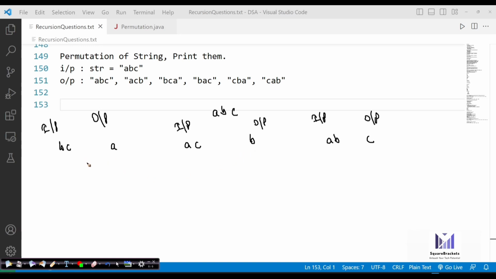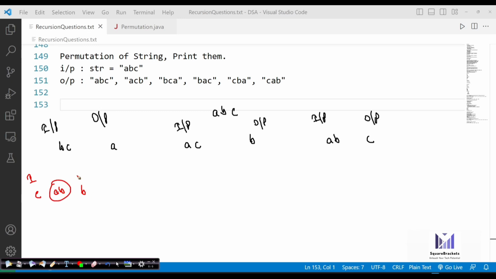Once we reach BC, again we have to do the same thing. In the case of BC, what will it become? C will be the remaining one, and then we'll have B. So what will be the output in that particular case? First of all, you have C, we have B. From this B and C, this is going to be one input, and this is going to be another input. So what will be the output in this case? It will be A, B. AB will be the output in this particular case.